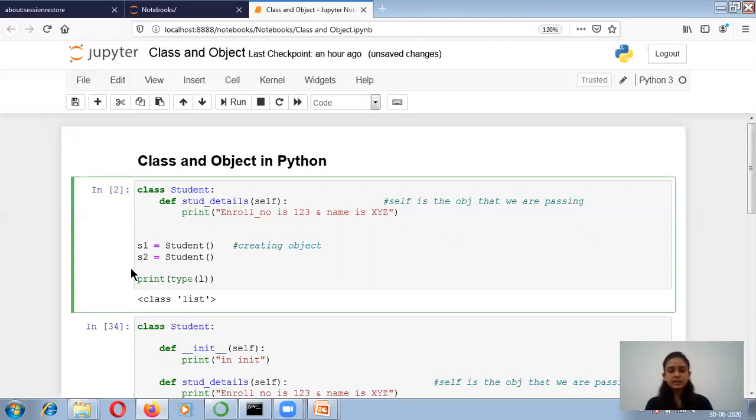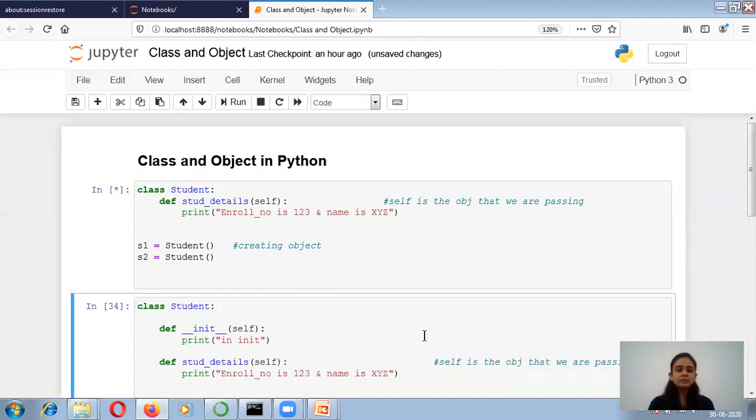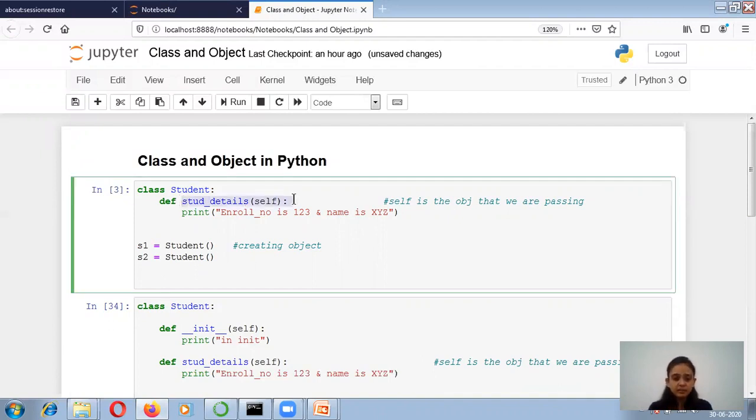Over here we have created our own class, that is student, and we are creating the object of the student class. Now I am running this code, and you can see there is no output. Now I want to call the student details function which is written over here, the function present in the student class. We all know that if we write only the function definition, we can't get the output. It is necessary to call that function.